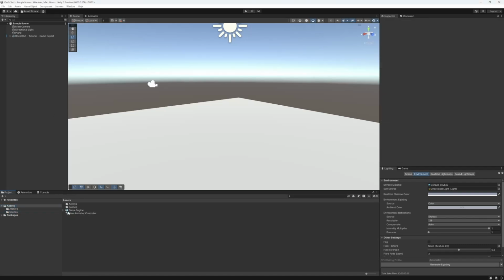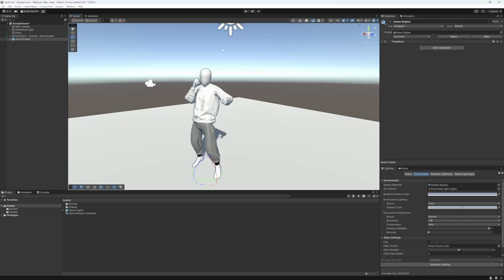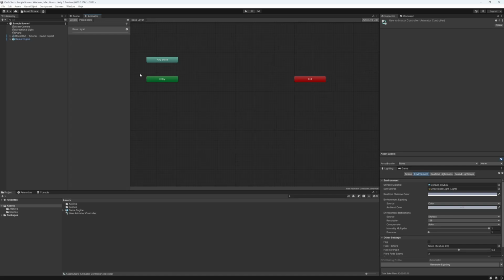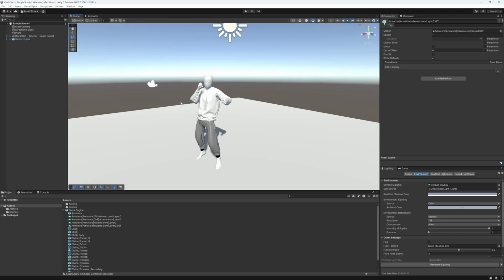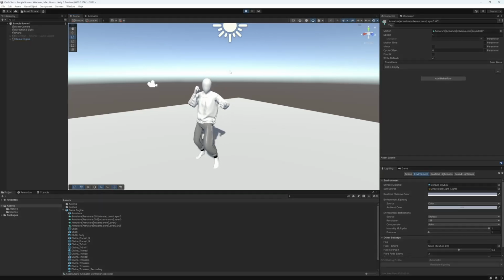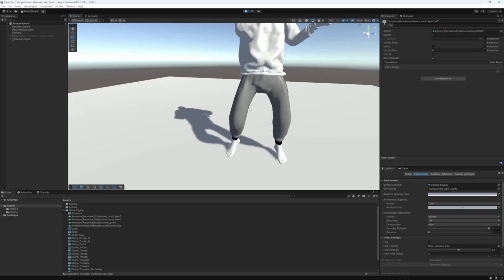Yeah, so you can now drag this FBX into your scene like so. Give it an animator, and drag this animation controller here. Double click the animation controller, and we can now drag that animation from here into here. And now when we come back to our scene and press play, we have the animation, the clothes, everything, the threads,